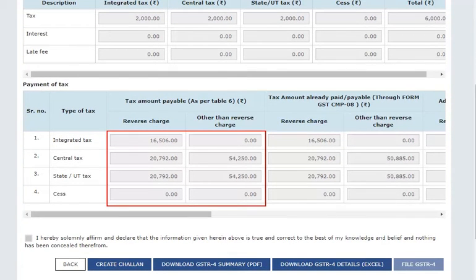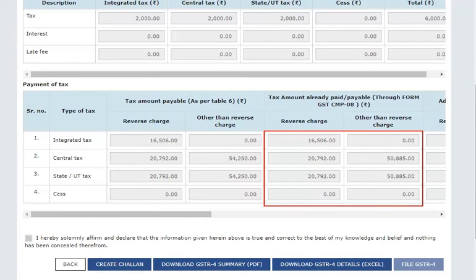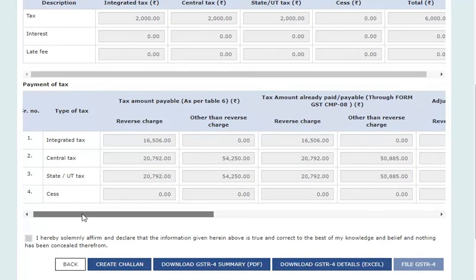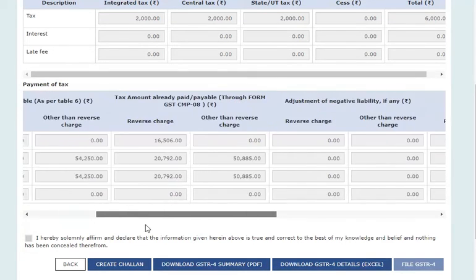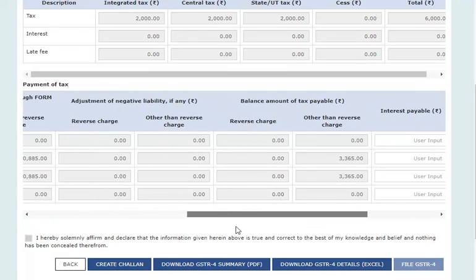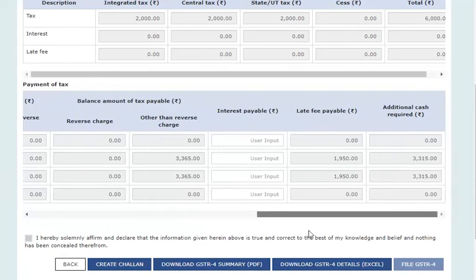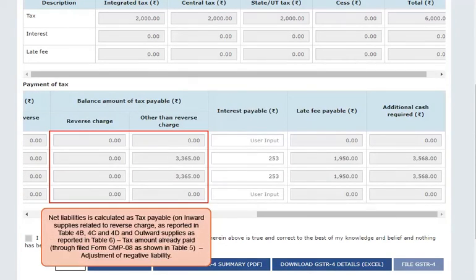Payment of Tax table displays the amounts of tax payable and already paid in Form CMP 08. Net liabilities is calculated as tax payable reduced by tax amount already paid and adjusting negative liability.